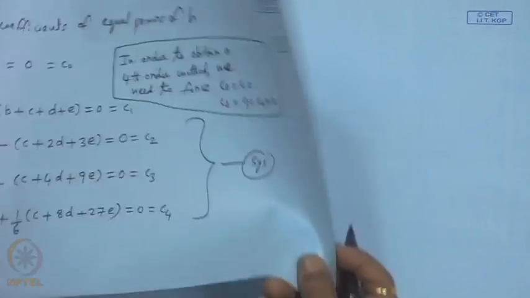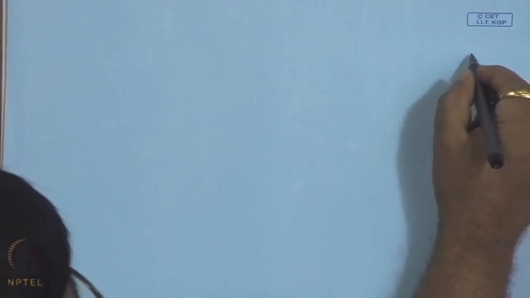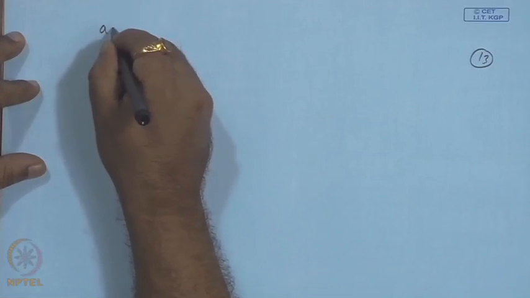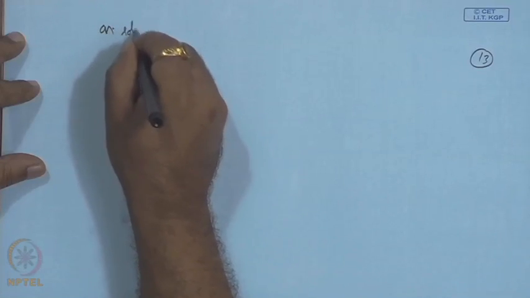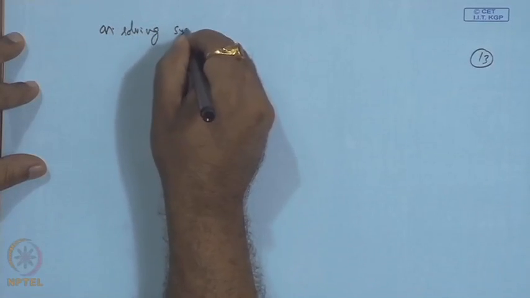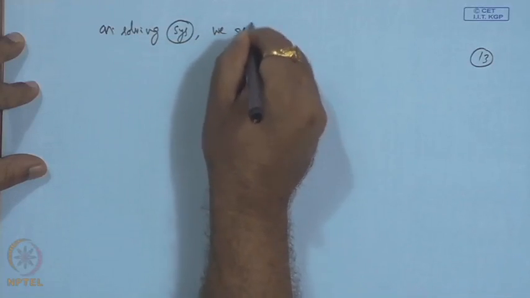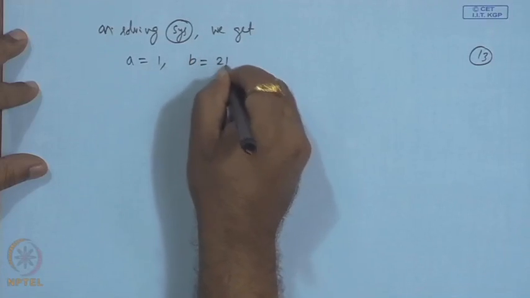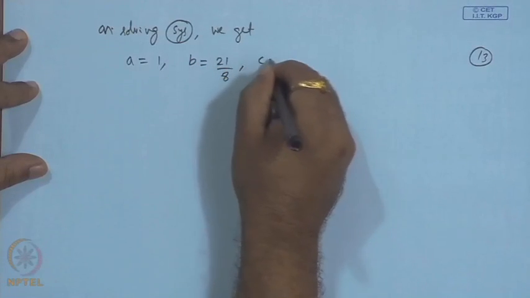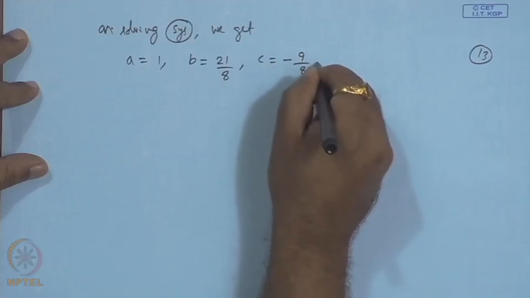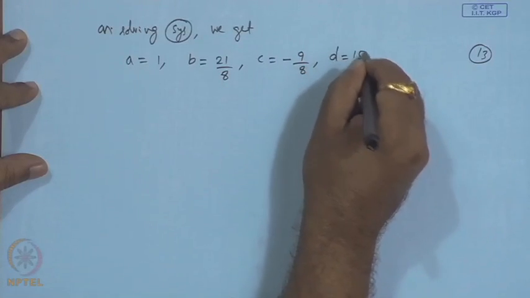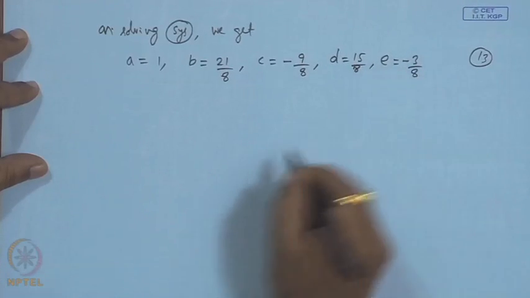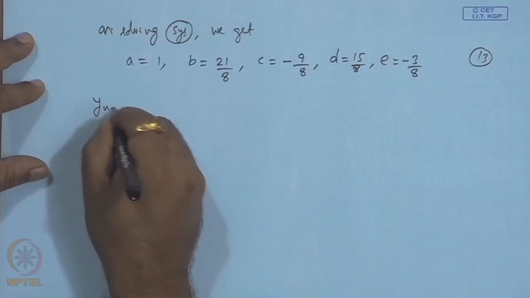So, now on solving this we get A equals 1, you may check please, B is 21 by 8, C is minus 9 by 8, D is 15 by 8 and E is minus 3 by 8, and hence the method we obtain